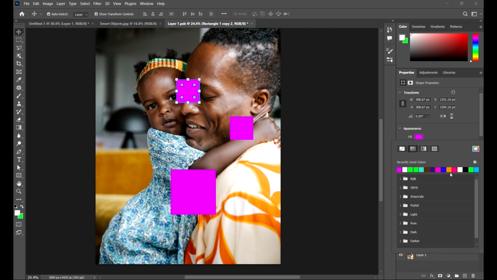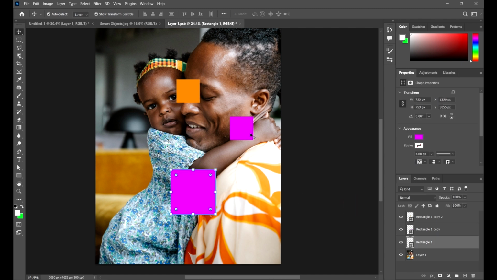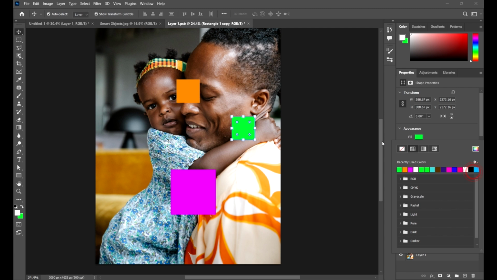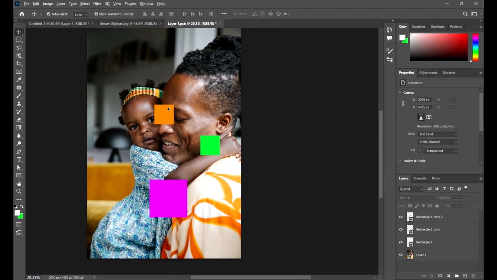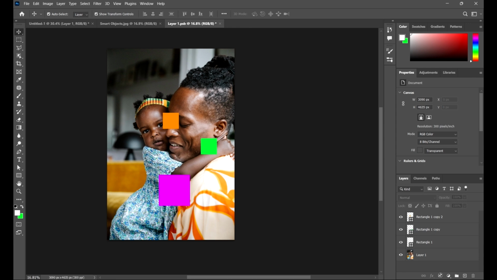Okay, let's give it this color, and maybe change this color to green. So I'm just trying to add these graphics to differentiate the original image from this modified one. So what I'll do is press Ctrl S, that's the shortcut for save on my PC, and now I've just saved